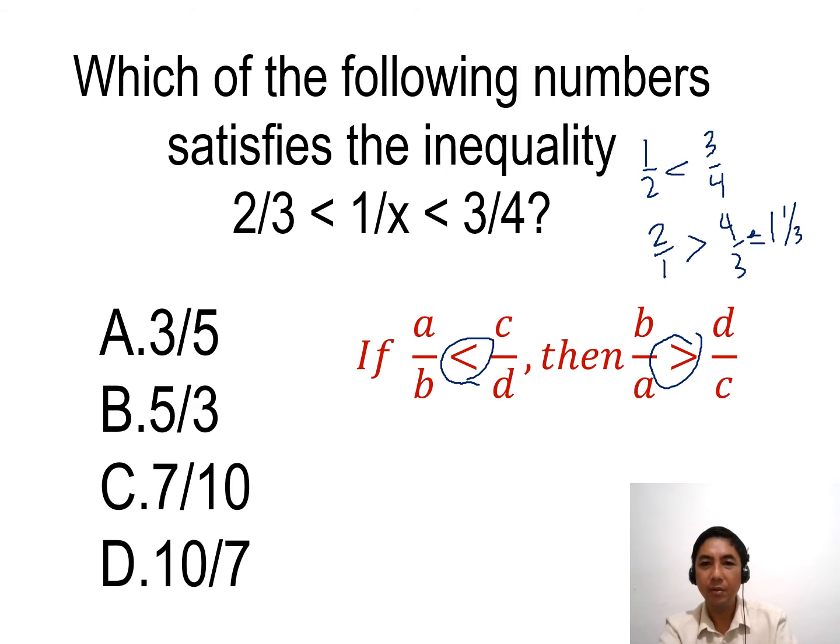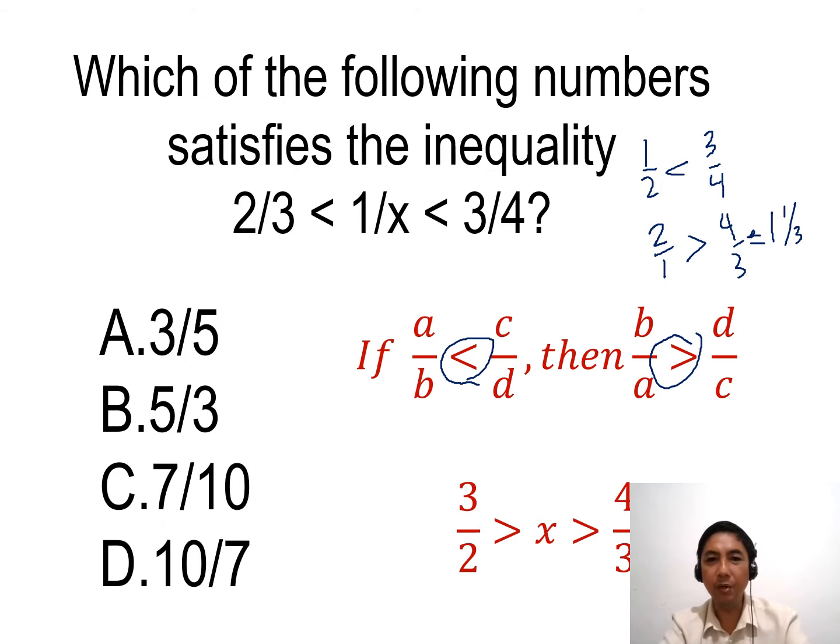So 2 is greater than 1 and 1/3. That's what it means. So when we flip 2/3, 1 over x, and 3/4, we are given 3 halves is greater than x, and x is greater than